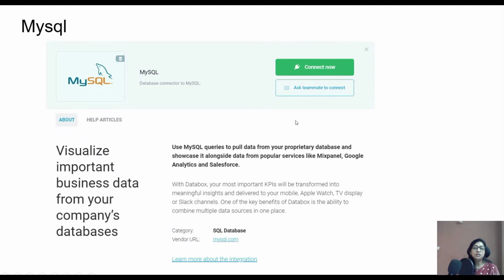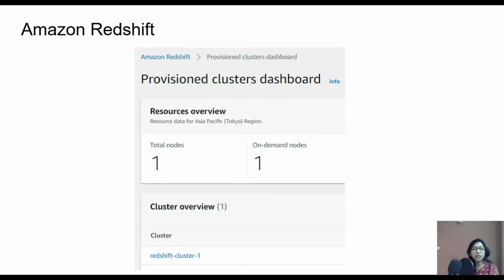You can also dump the whole data that you have pulled into a database. Apart from doing it into a database or MySQL, you can also do it through Amazon Redshift. If you're not aware of what Amazon Redshift is or how it works, it is a serverless cloud-based data warehouse where you need to create your clusters and access the data based on the region. Now you can pull all the data through this. I will create a separate video for Amazon Redshift because it's again a very extensive topic. So stay tuned for more.